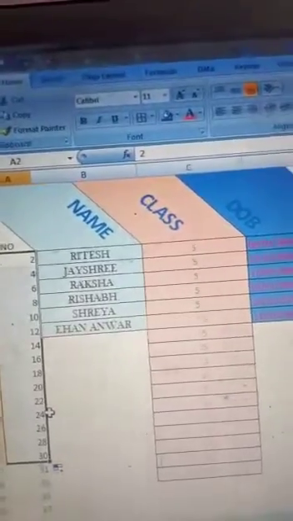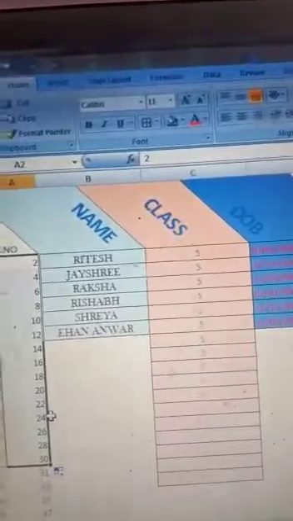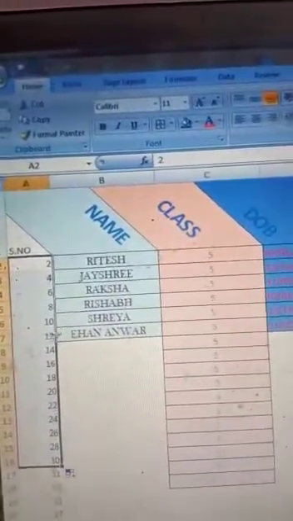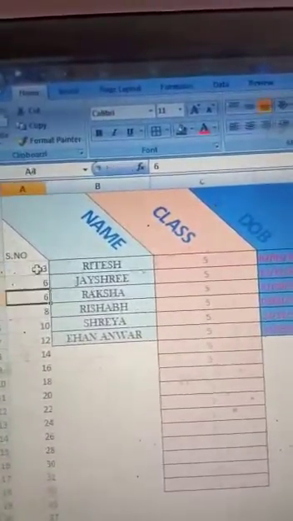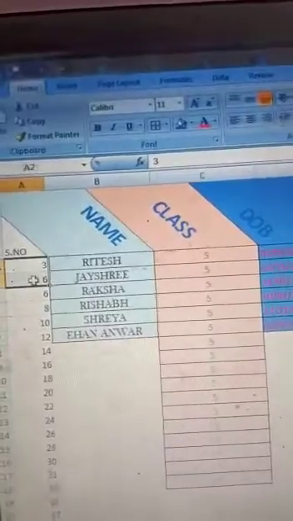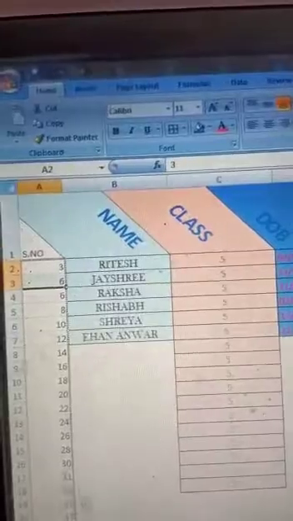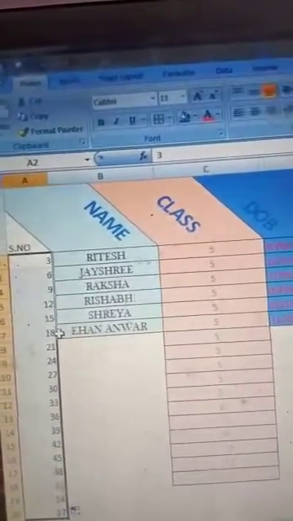Enter the first two numbers of a series manually into adjacent cells and select both cells. Drag the autofill handle to enclose the cells you want to fill with the number series and release the mouse button. First you write, if you write 3 and then 6, then use the autofill handle and drag the mouse, and easily you get 3, 6, 9, 12, 15, 18, 21. Easily you can use this. Okay, this is known as the autofill feature, that is, filling a number sequence in a cell range.